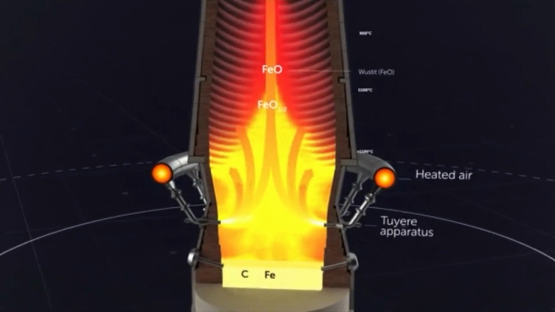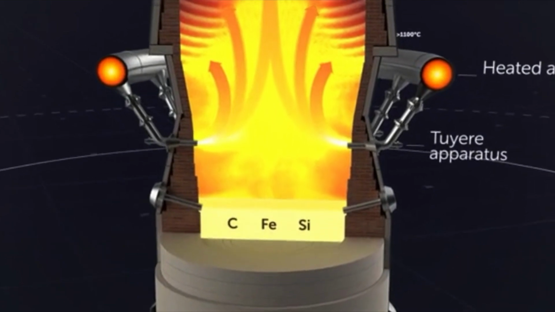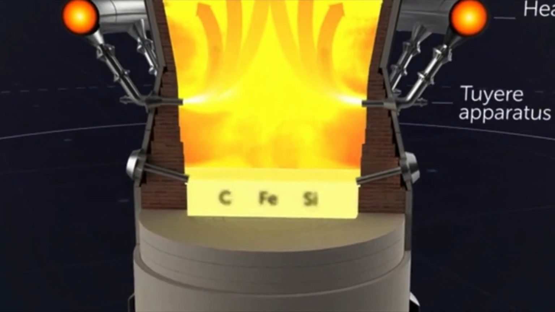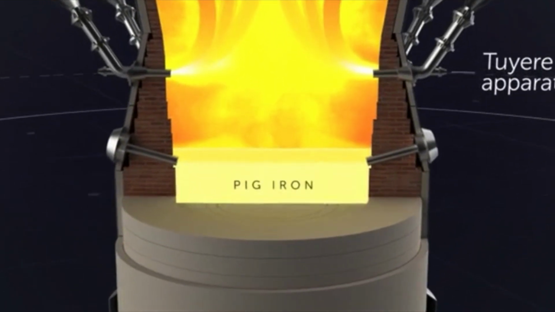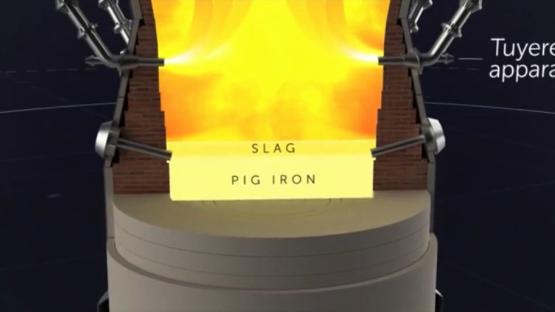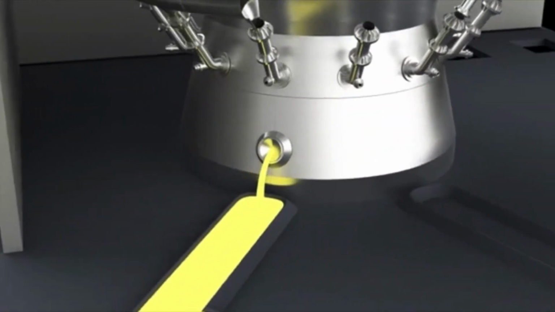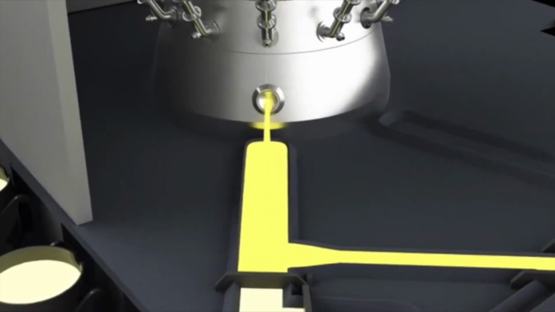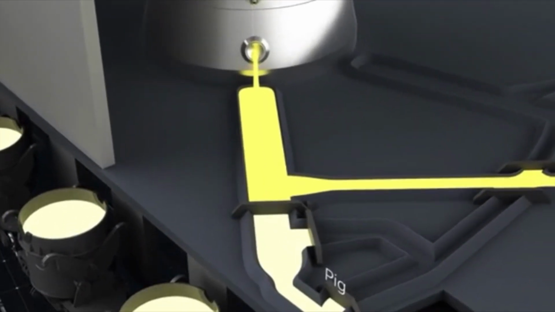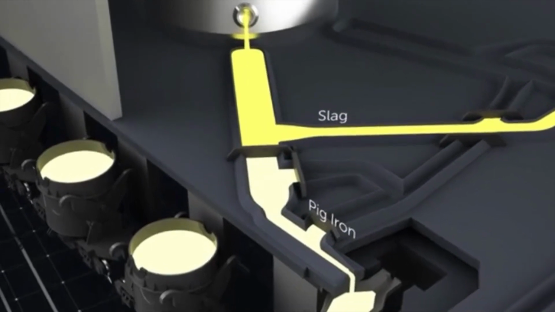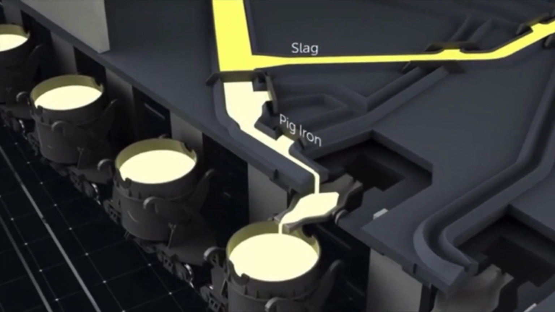Carbon, silicon and other elements found in the iron ore charge blend into the reduced iron, forming pig iron. Slag is formed from the fusion of waste metals. Liquid products of the smelting process run out through tap holes in the lower part of the furnace to the casting bed, where they are separated into pig iron and slag and pass along transit gutters into buckets designated for